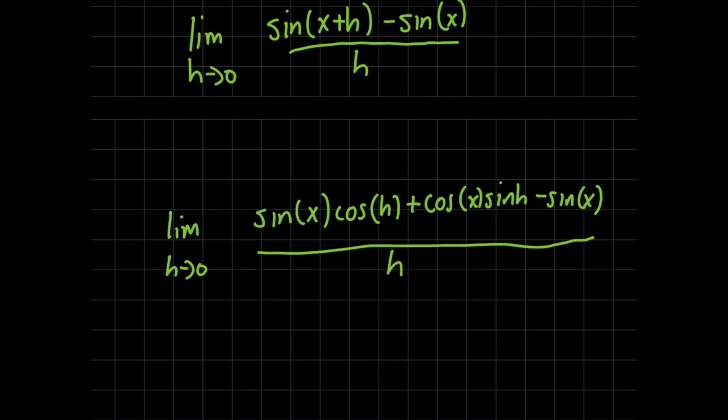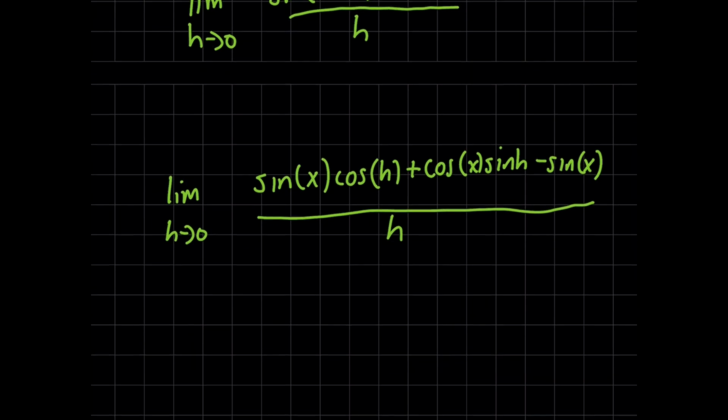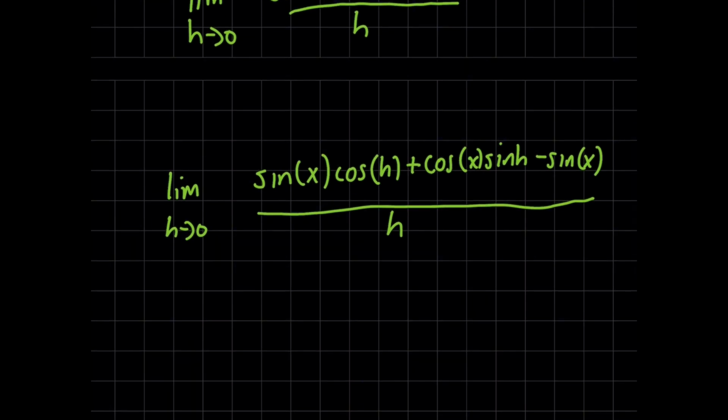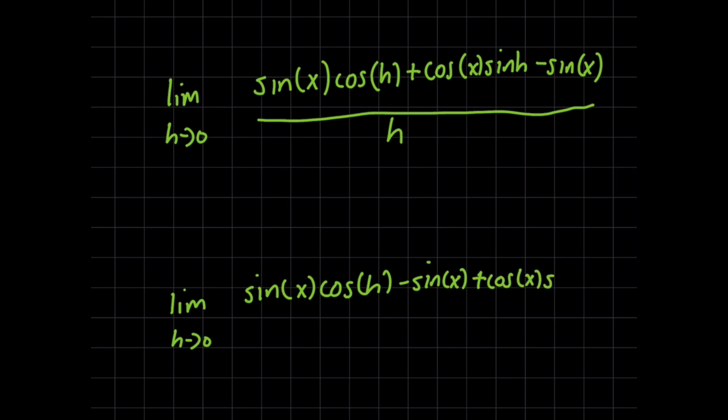And so maybe many of you got stuck here because it looks nasty, right? And it might not be obvious how to simplify this, but what if I told you that I can move this sine of x term here closer to the sine of x on the left? Because as you'll see, that's going to let us factor things out quite a bit. And by rewriting this limit now, we're going to have sine of x cosine of h minus sine of x plus cosine of x sine of h